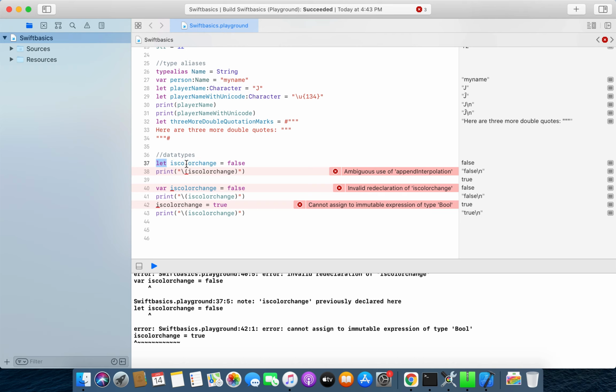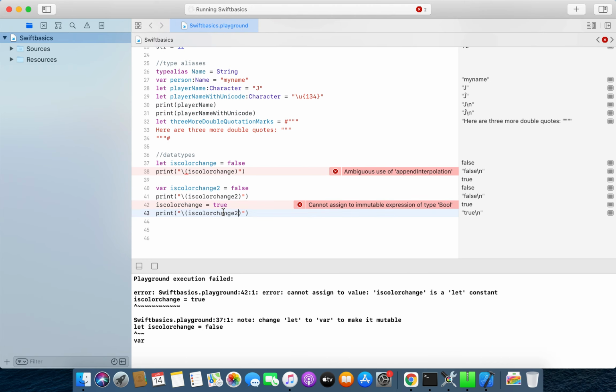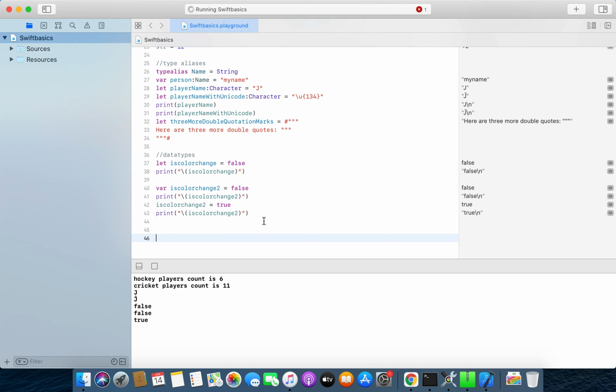I have created a constant with the let keyword with the name isColorChange, so I cannot create a variable with the same name. So I need to change the name to isColorChange2, and I am going to use isColorChange2 here. So now it is okay.